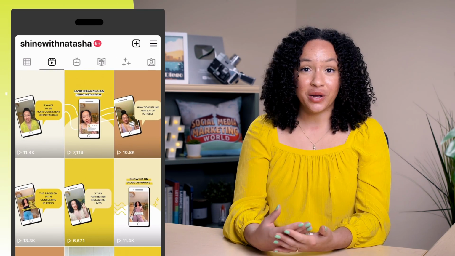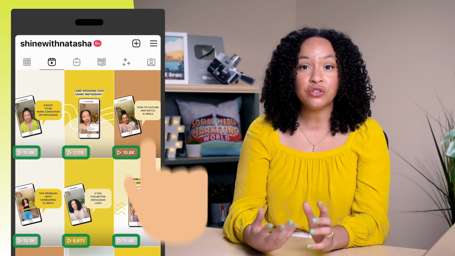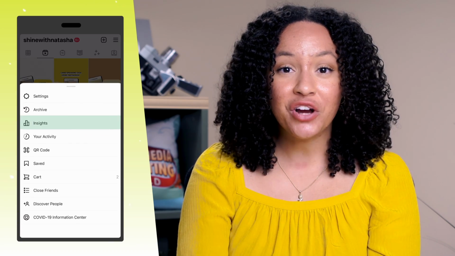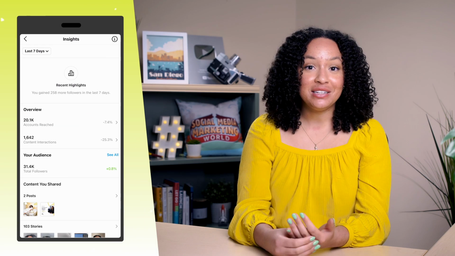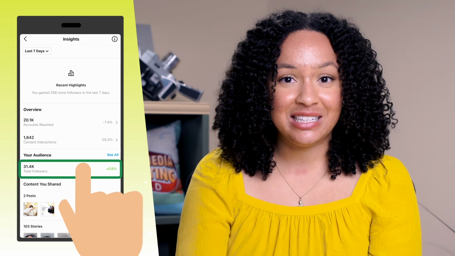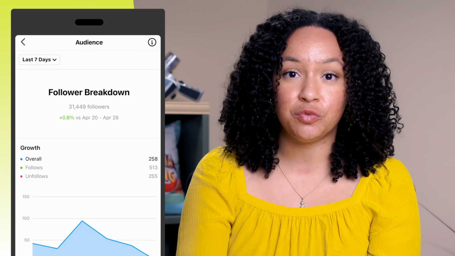There's a few metrics that you can look at to see what's performing well. So first of all, you can just look at your Reels tab and see how many views, comments, and likes your videos are getting. To see even more in-depth metrics, you're going to want to go to your Insights tab, and that's where you're going to see the impressions and reach of your account. And you're also going to be able to see how many new followers your Reels are attracting. And you have these features if you have a creator account or a business account.